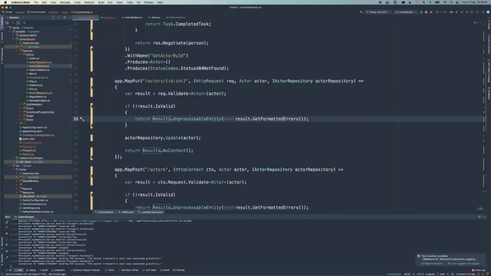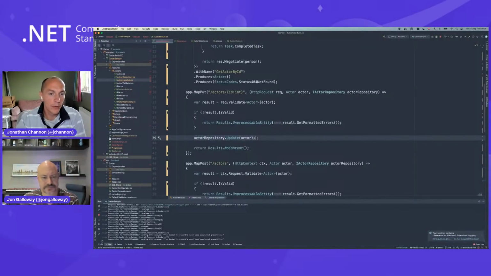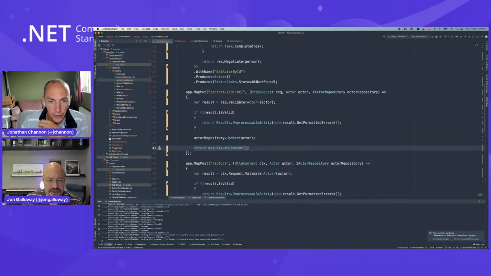So here we return an unprocessable entity, and then we've got this get formatted errors, which is something from Carter, which will basically give you the property name and the error related to it. And so if that's all okay, then we can update our actor in the repository and we can return no content. And so this all uses the minimal API syntax.